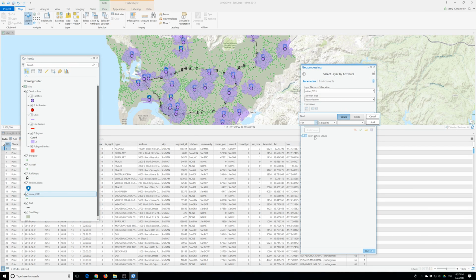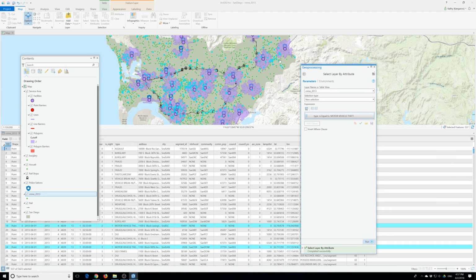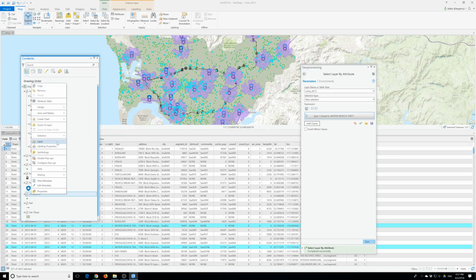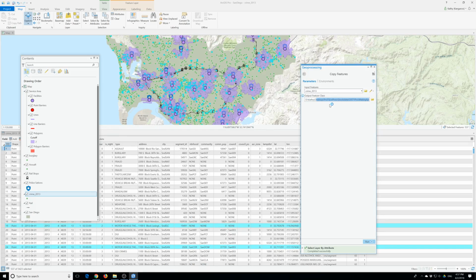attribute. Add a new class and then type. This time we will make it equal to motor vehicle theft. Okay, motor vehicle theft. Click add, click run. So this will be motor vehicle theft. Now right click on it and then go to data and export features. So this will be motor vehicle